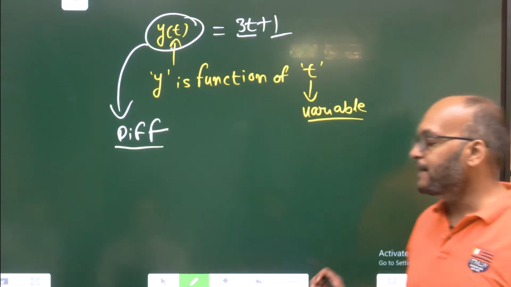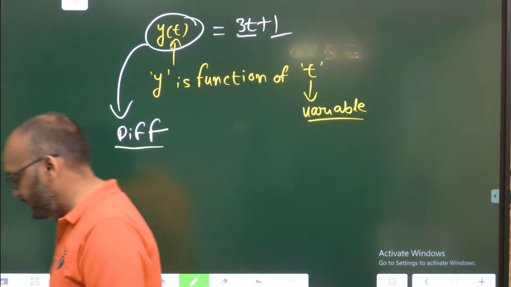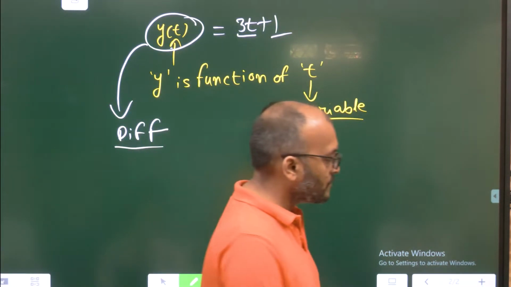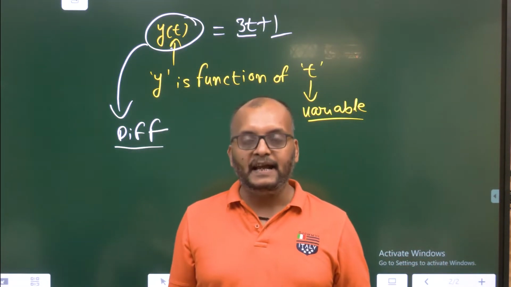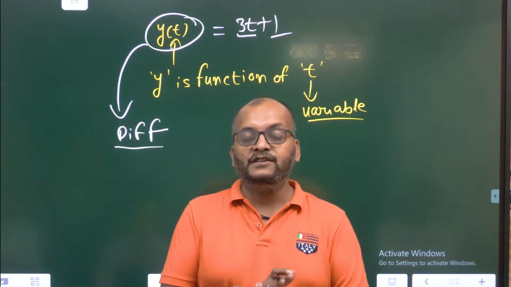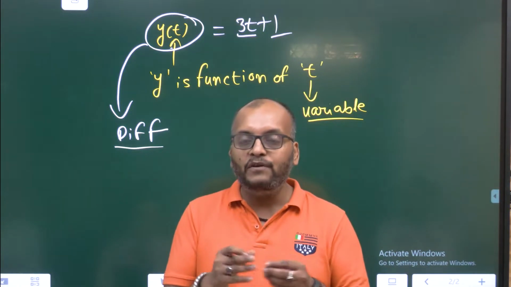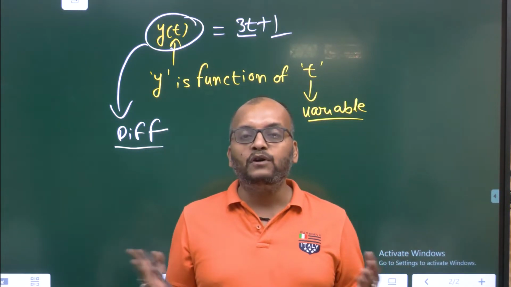Now we are going to differentiate the function. Now understand, something is a function of time. It is dependent on time, yes or no? So differentiation means dividing. So how will you divide it? If I say 24 hours, divide